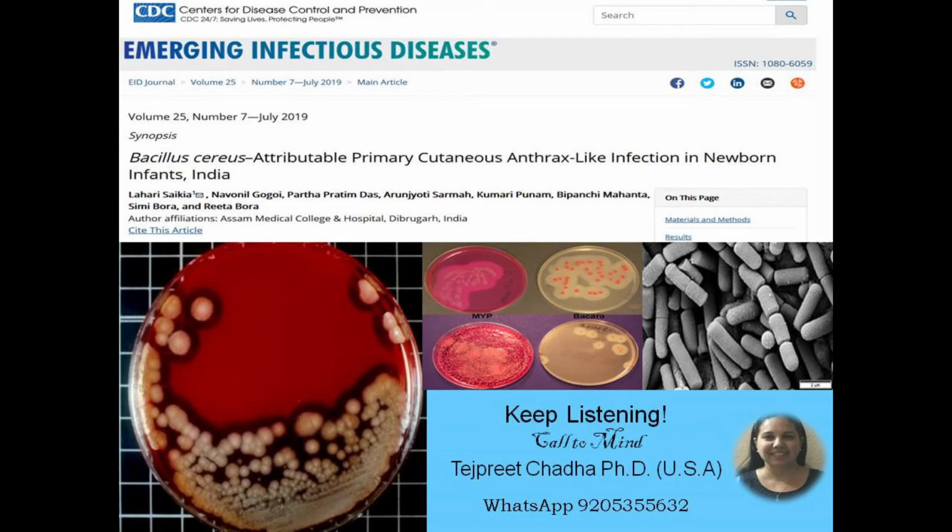तो उसमें CDC, which is your Centers for Disease Control and Prevention, उसमें emerging infectious diseases में there has been a report of Bacillus cereus attributable primary cutaneous anthrax-like infection in newborn infants, India. And this is coming from Assam Medical College and Hospital, India से. And they've been talking about